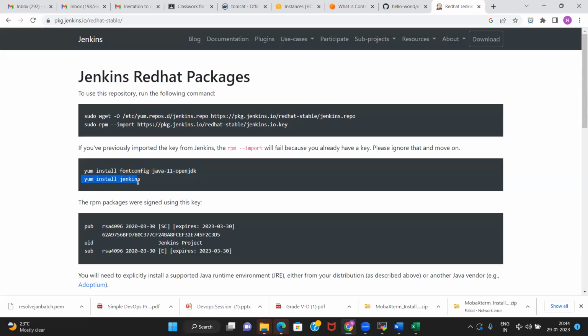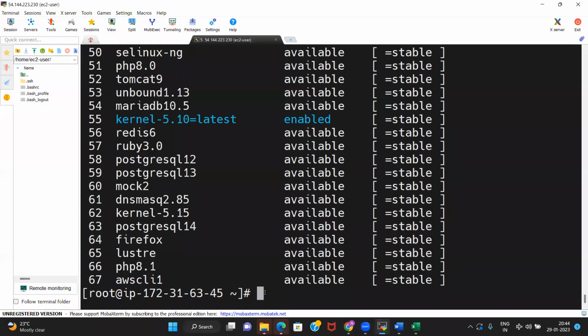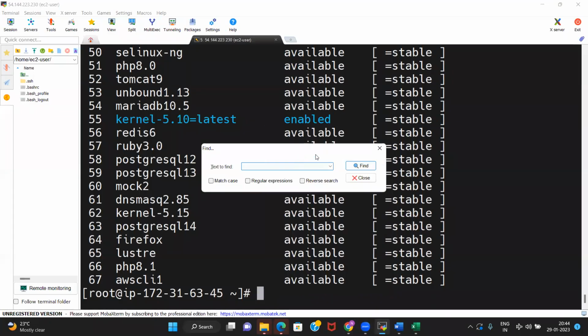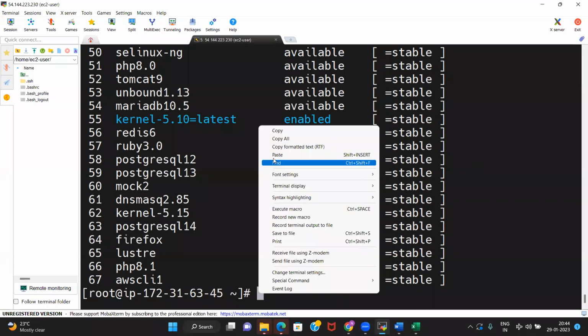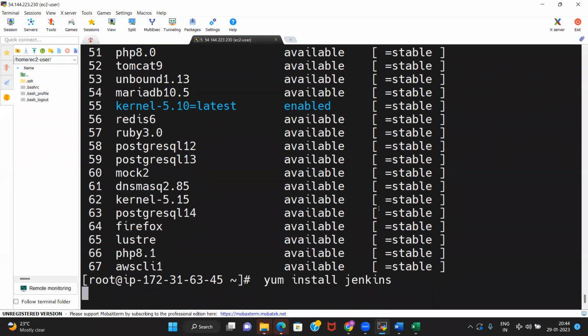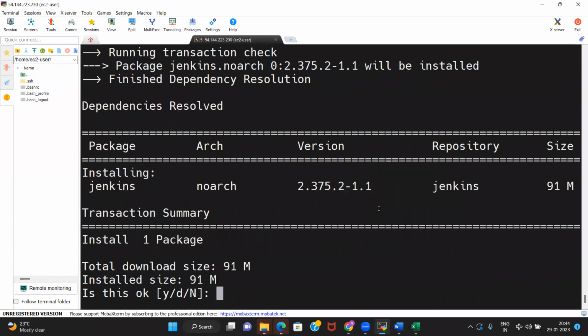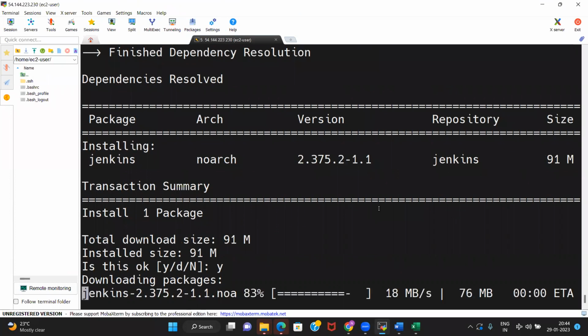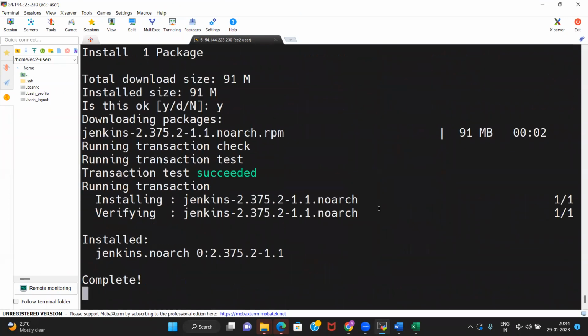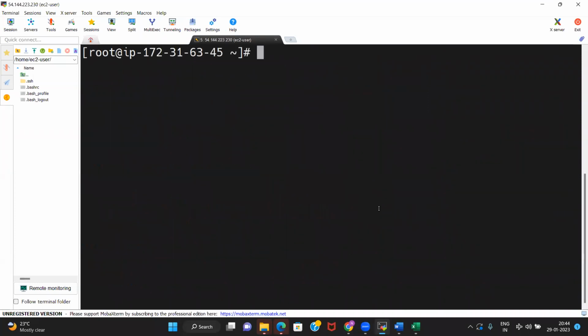And the next command is yum install Jenkins. So this will install Jenkins for you. Simple 4 steps, whatever that is there, just Jenkins from the official website. We just found the steps and we need to use those steps to install Jenkins.